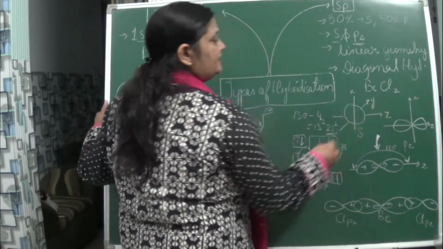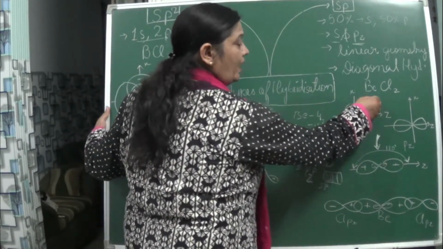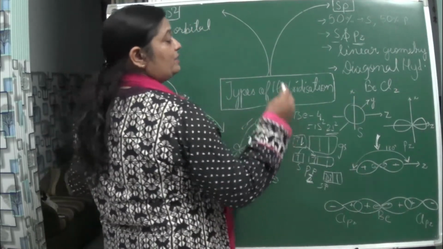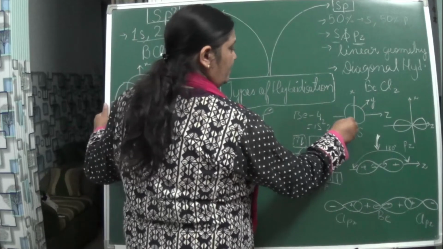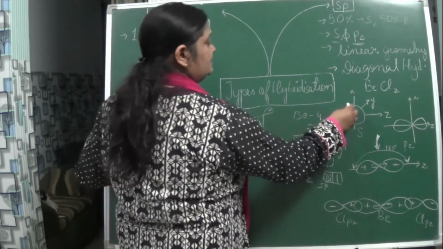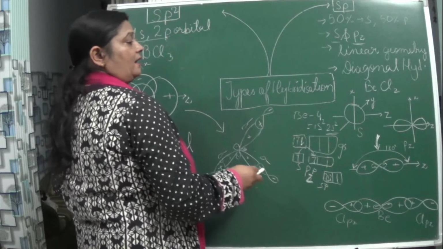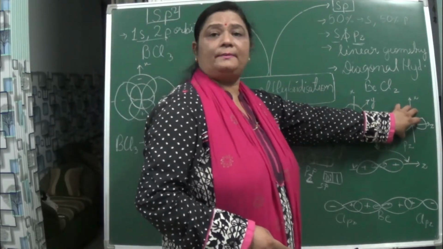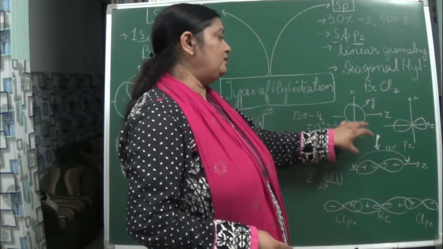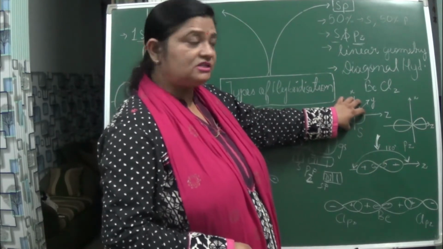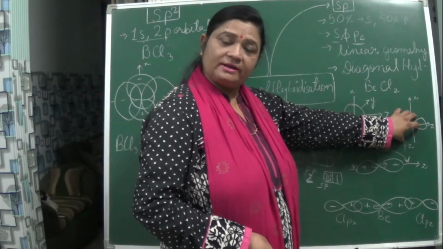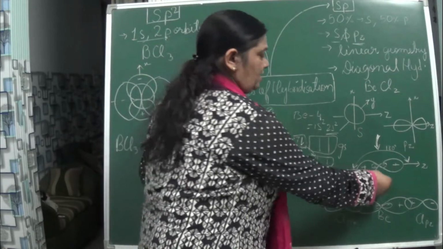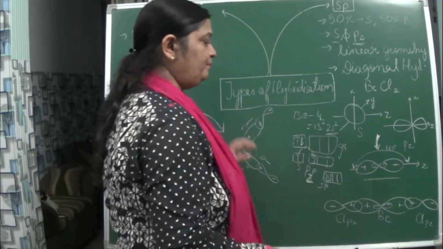So now when you are seeing how it will look, you are seeing this plane. This is the Z axis, this is the Y axis, and this is the X axis. Here you can see the orientation of the electron. This is representing the S orbital, this is the P orbital. S is spherical shape, P is dumbbell shape. Now see, after hybridization what structure comes? You can see over here.